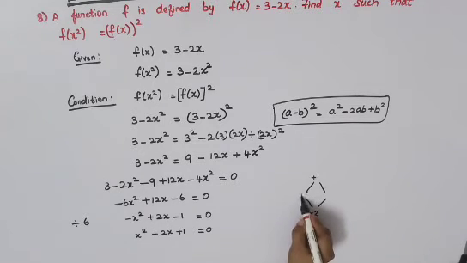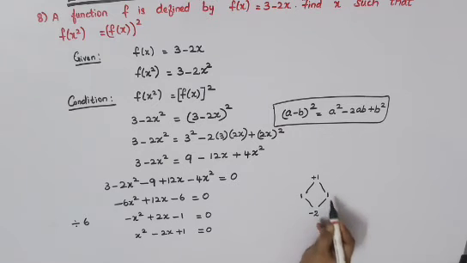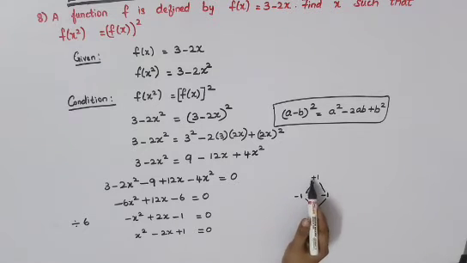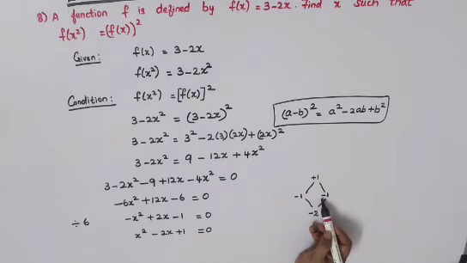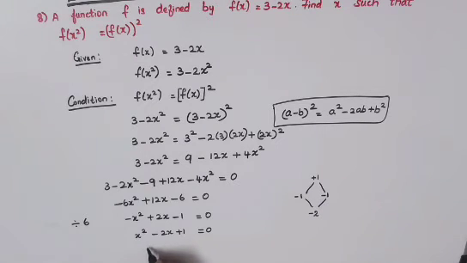So I will just put 1 and 1. Since minus is there down, I will just replace minus and minus. So now just check and see. Minus and minus will become plus. 1 into 1 will become 1. Minus and minus, both minus is there. So add and put the same sign. So addition you will get 2. Your sign is minus, so minus 2. So now we can write it as (x minus 1) and again (x minus 1). Both the minus 1. So it is equal to 0. That implies x is equal to 1.